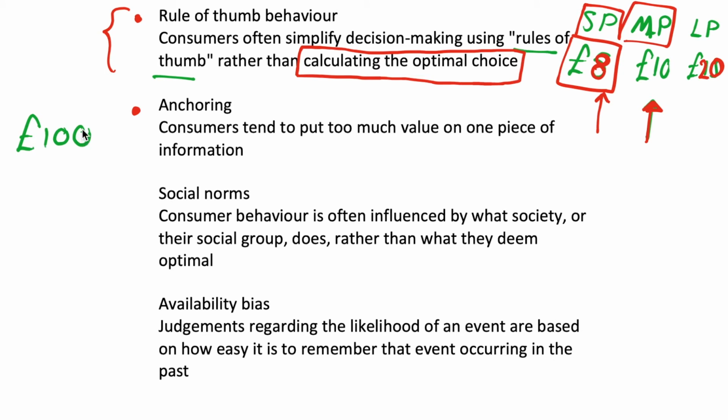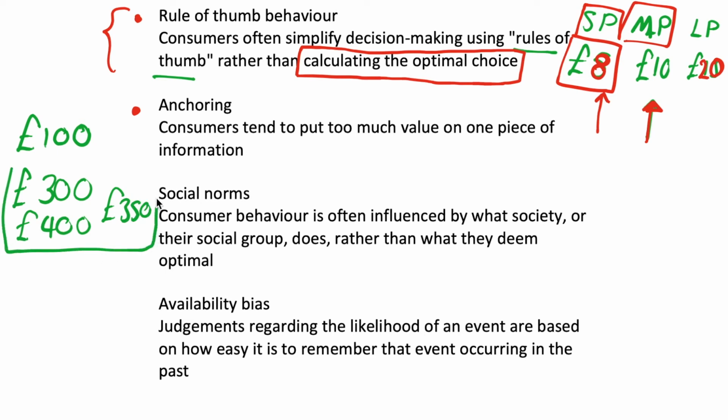And once we get this quote, we tend to put a lot of emphasis on this piece of information and say, okay, £100 per year, that's a pretty standard price for car insurance, because we don't know anything else. And it doesn't matter how many car insurance places we go to. If we see loads of other sites and one says it's £300, another says it's £400, another one says £350, we're going to think that these are all really expensive prices, when in reality these are all pretty standard prices for a year of car insurance, but this £100 was just a really good